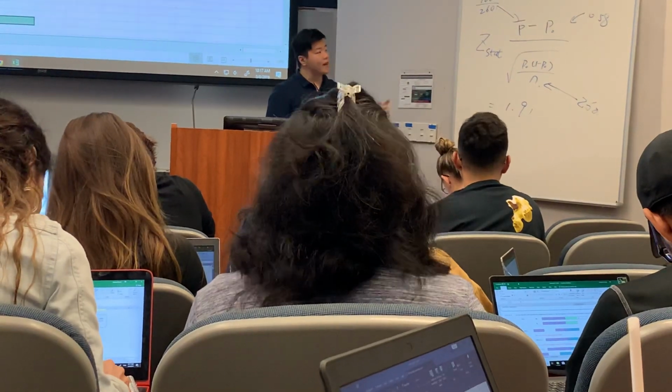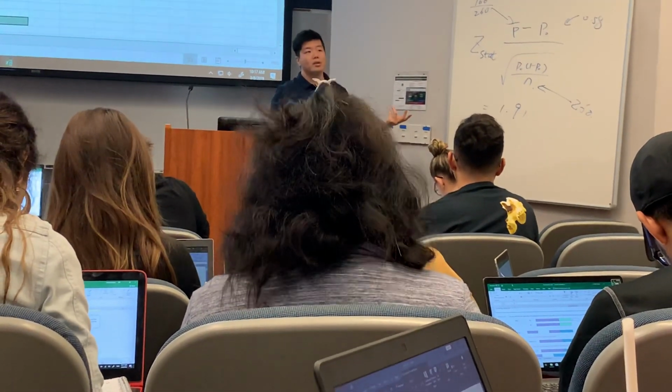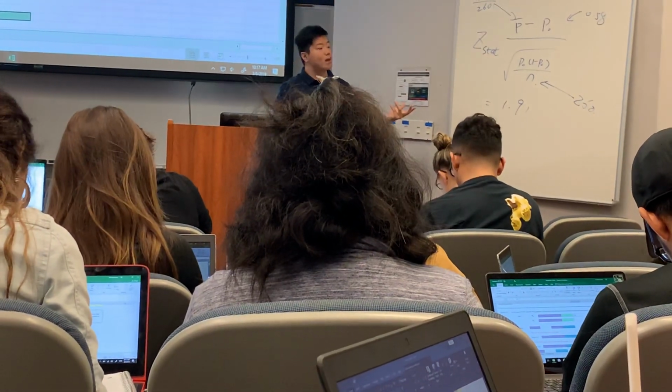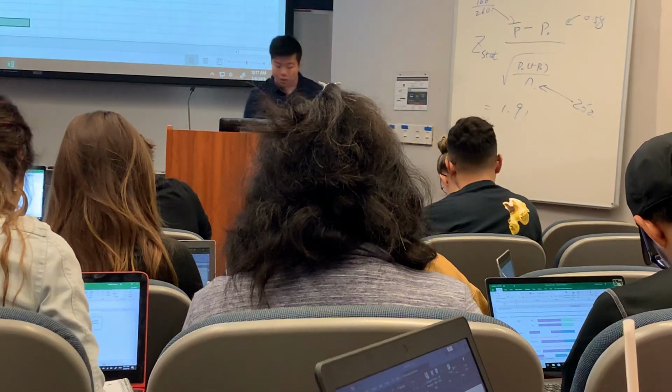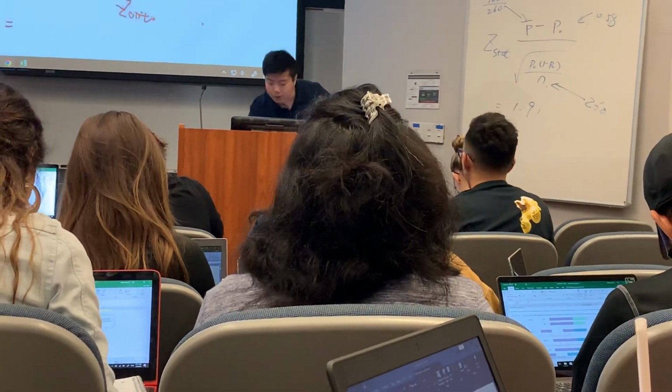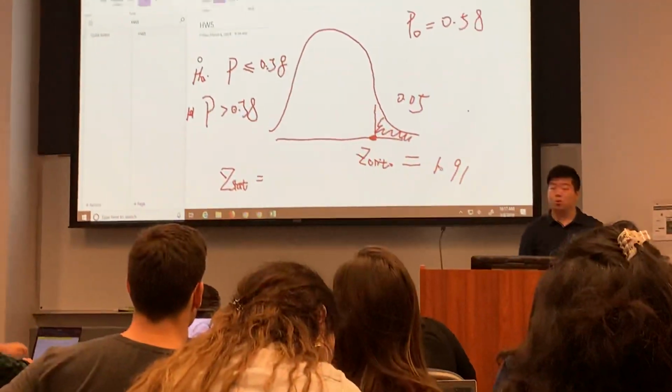In this case, because we're not using the z-table, everything comes from this formula, so I keep 2 decimals, which is 1.91. Alright, so my critical value is 1.91, which never